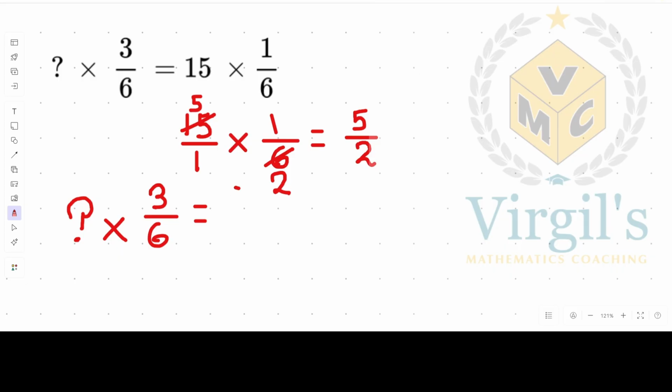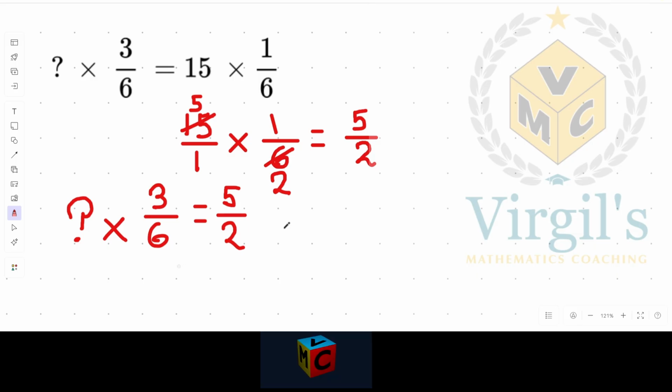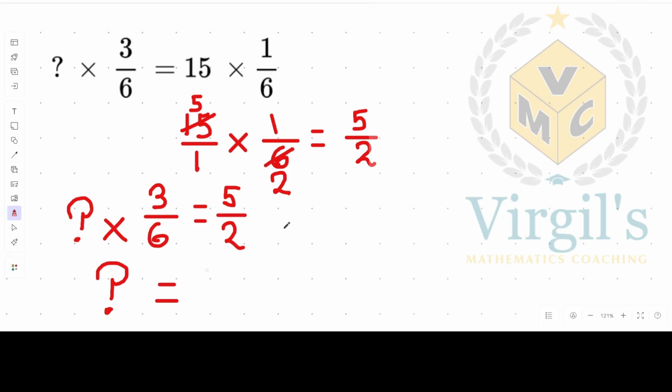Five over 2. So if you want to find what that something is, we'll use the question mark as a symbol. So whatever that is will be 5 over 2